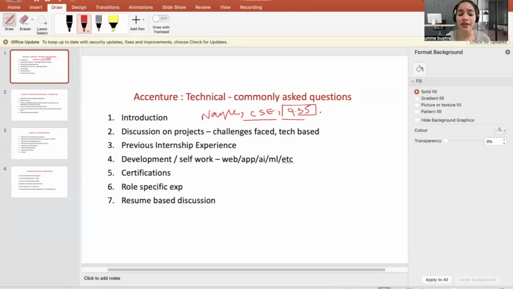And see, if you have a good CGPA or good percentage in your 12th grade or 10th grade or whatever, right? Whatever achievements you have, you can cover all of them. I have cracked multiple hackathons. I have won multiple hackathons. I've participated in multiple hackathons. You can cover all of these. And then after you have done the general introduction where you've talked about your achievements, what you can next go to is your skill set.